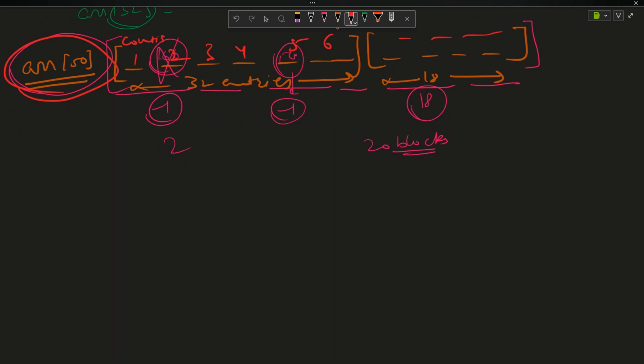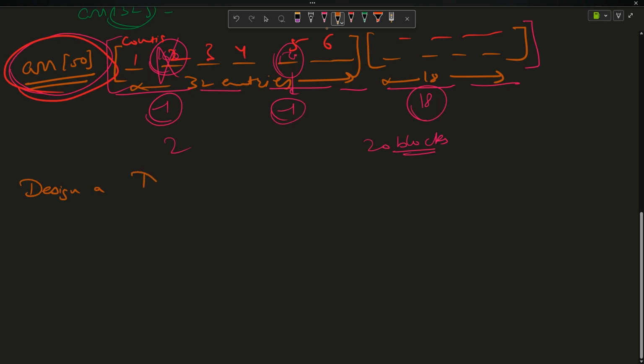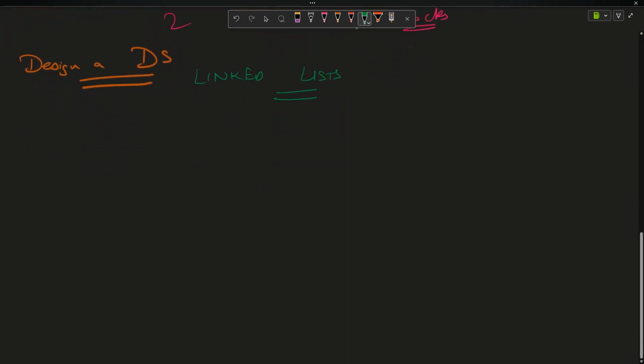Now, what if I design a data structure? You are a pro programmer and you will design a data structure, right? A data structure that can come in handy at this point is linked list, and that is why we are going to study it. Linked list, as we move on to the advanced data structures, is the easiest one I have ever seen, and I will make it even easier for you